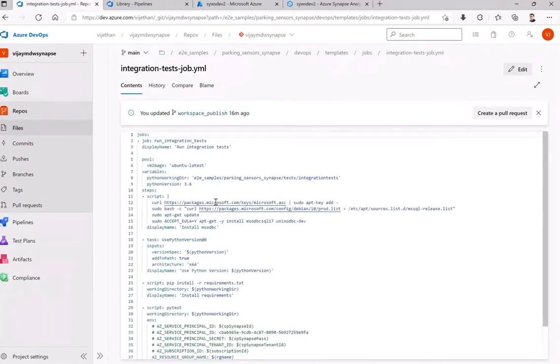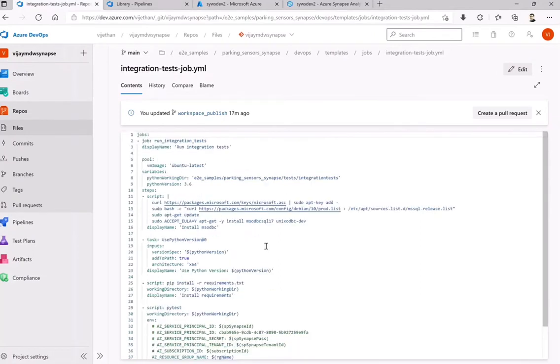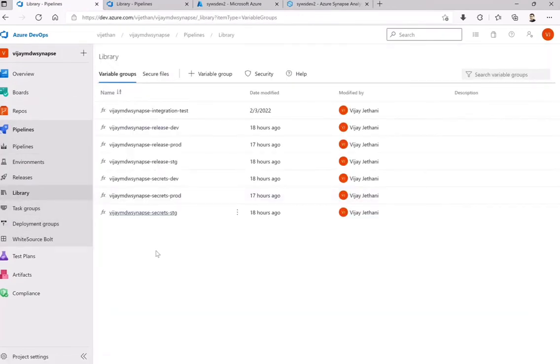Each respective one has its configurations, what VM is required, how exactly you will perform, and what environment variables are required. As this is a more complex environment, we are providing these variable groups using the library. Without this, it will be very tricky to really get hold of each variable in the respective environments.